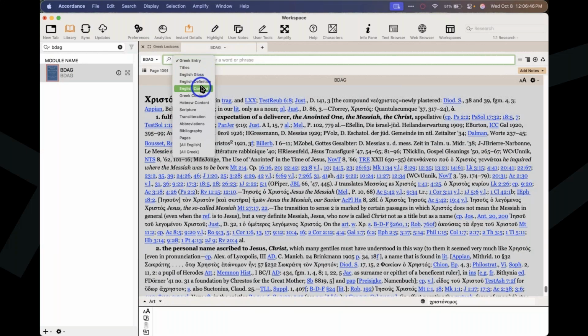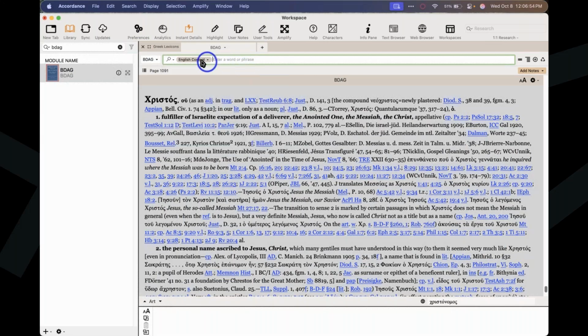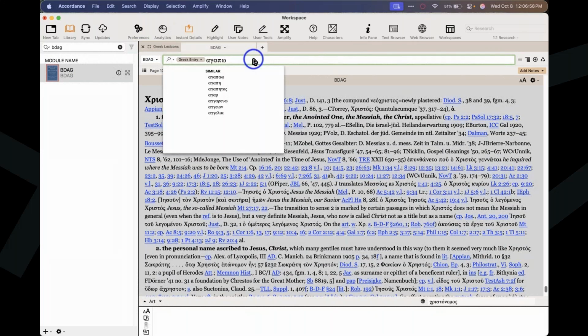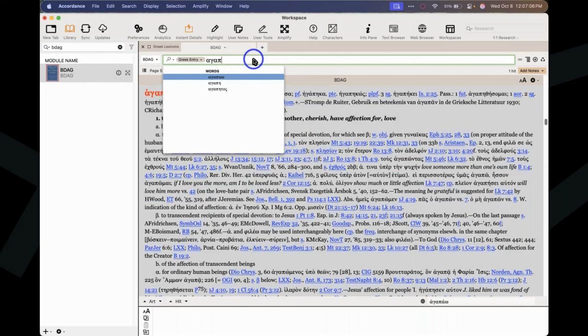By contrast, if I were looking up English content and looked up love, L-O-V-E, it keeps the letters in such a way that I can search it in English. But Greek entry, agapao, and I'll go right to it. Now, if I didn't know the exact spelling of this verb, or if I got to agape and maybe I didn't know how to find the